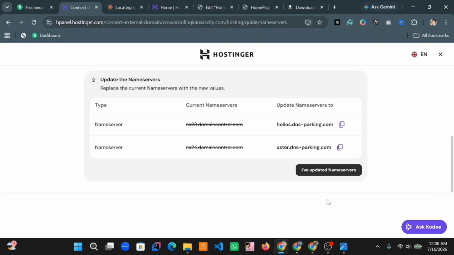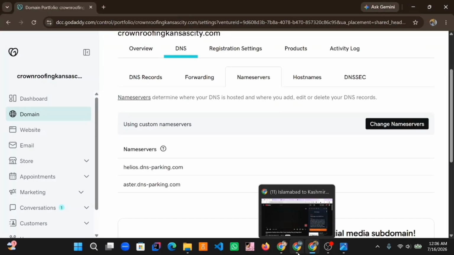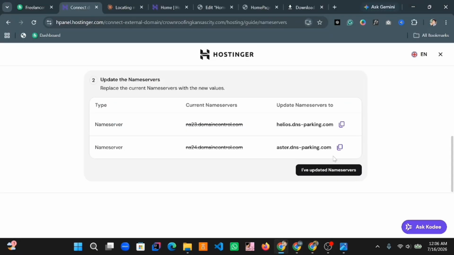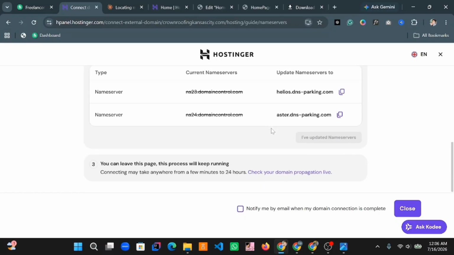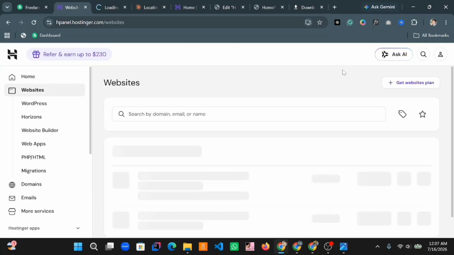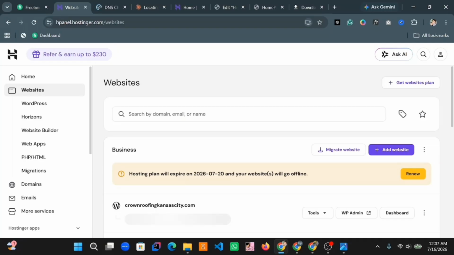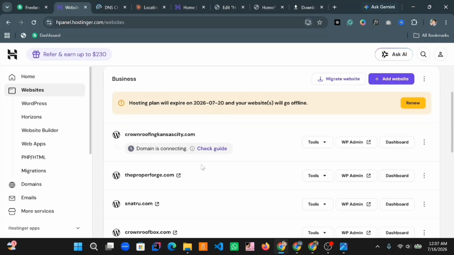Now return back here and I have updated name servers. Click on it and then click on notify me by email when my domain connection is completed. It will take up to 24 hours. So wait till that time and then click on close and your name server configuration or name server migration is going to start. So if you return back to our website page, you can see domain is connecting